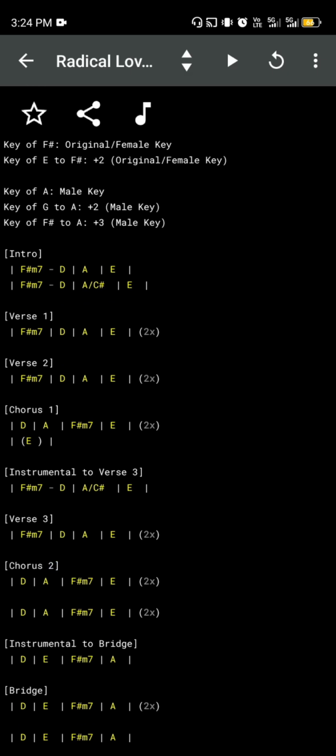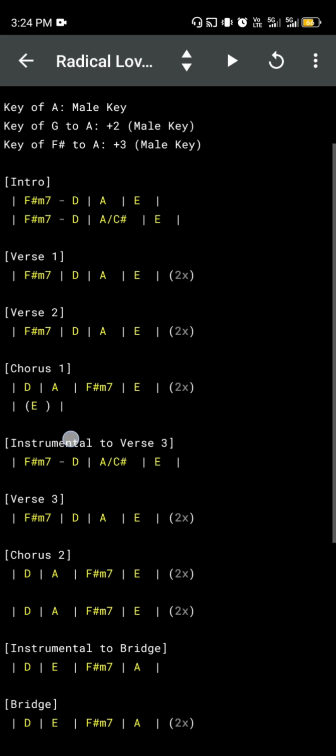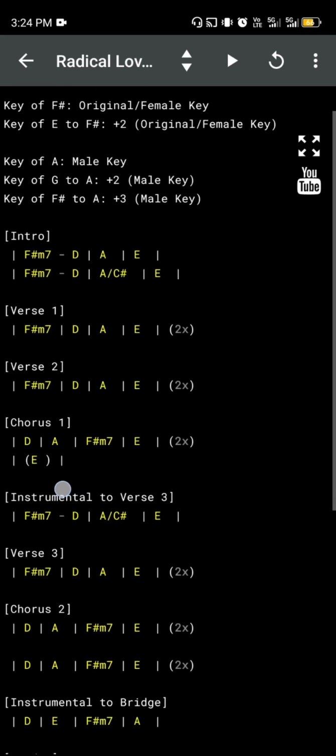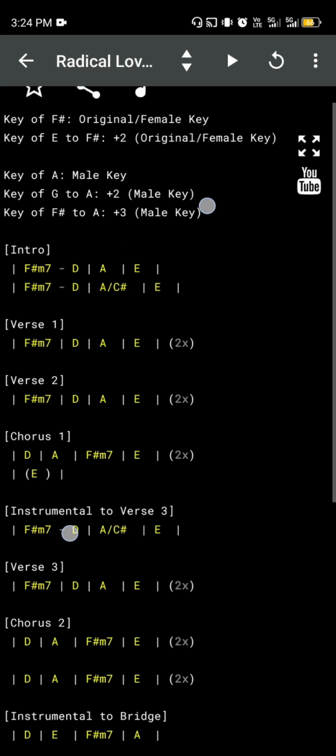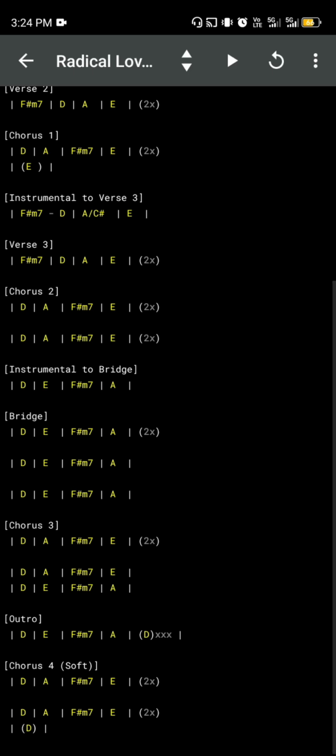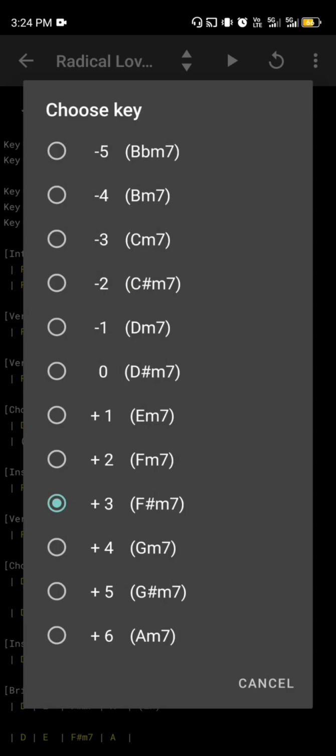I also put the original key, and if you have to transpose it because the singer is male, for example, it is noted on the top of the chord sheet. So here, it's only chords. So this is really for the musician only. So you can focus on the chords. And it is transposable.